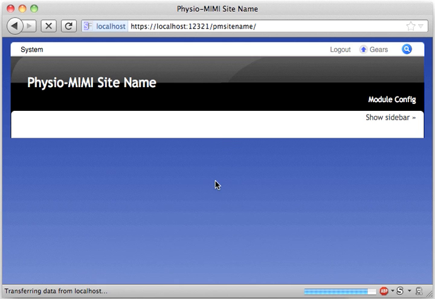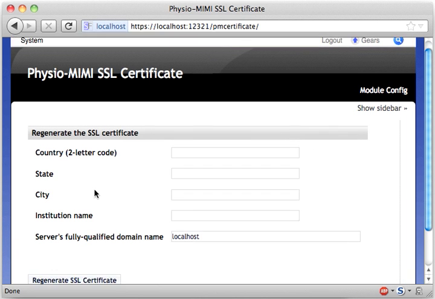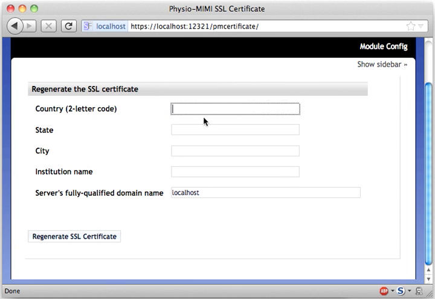Once this finishes, the next thing we can do is worry about the SSL certificate, and that's what's coming up right here. We've changed the site name, so if we don't also change this, users will get annoying errors. So we'll do that. We'll go to the PhysioMIMI SSL certificate, and I'll fill this out the same way we